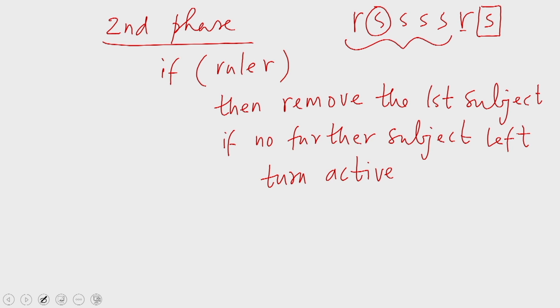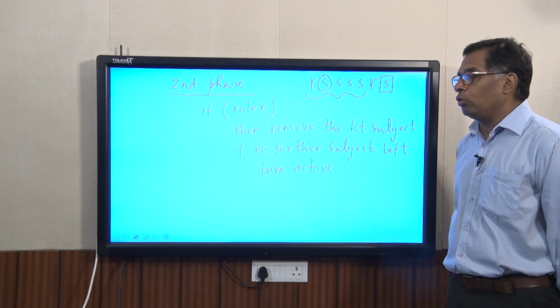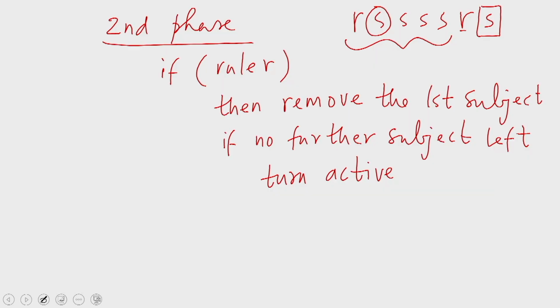Therefore, according to this scheme, when every ruler is removing its first subject, we would be removing an independent set. So, at this instance, in the execution of the algorithm, we would be removing an independent set from the list. So, several rulers are removing their respective first subjects all simultaneously, and then every ruler has to